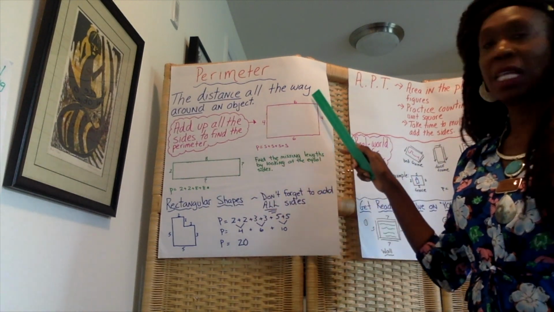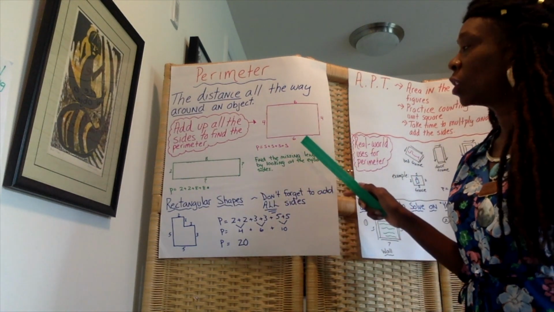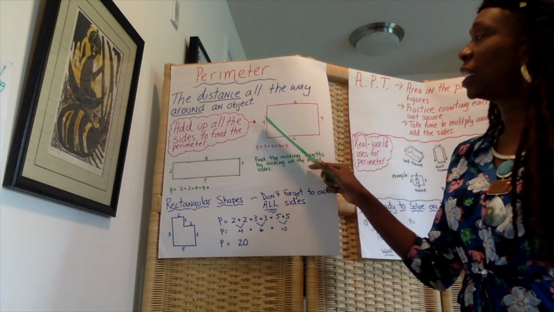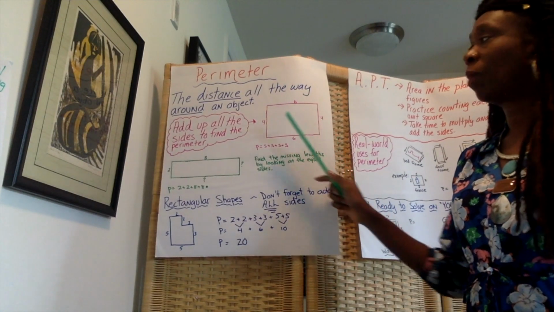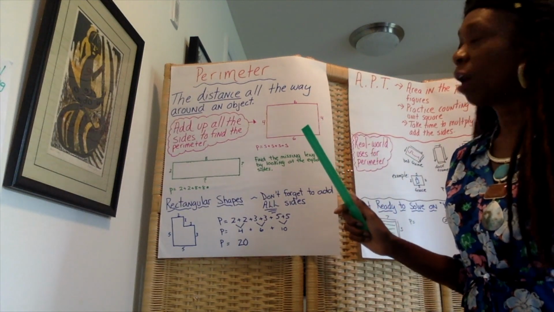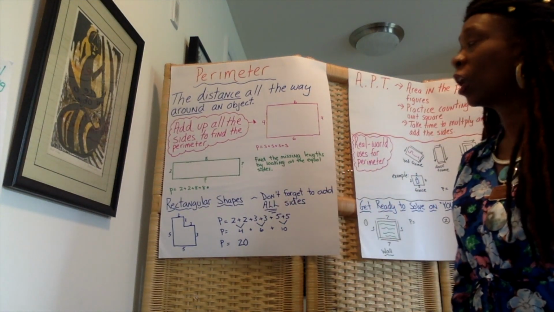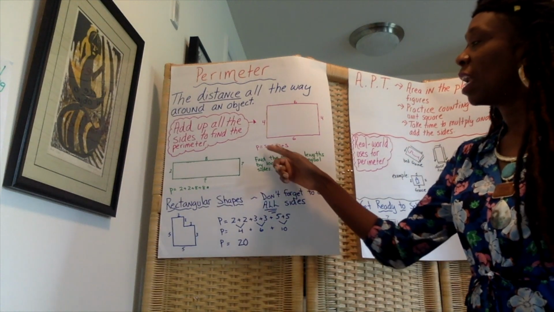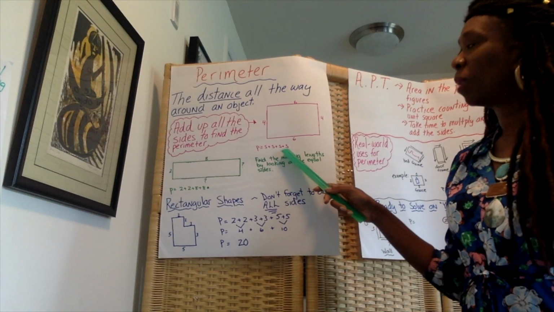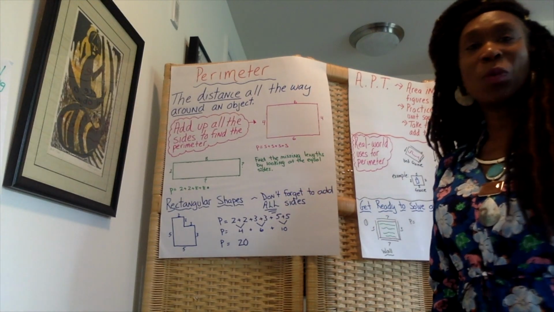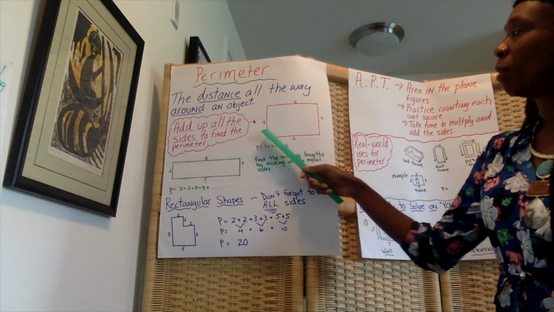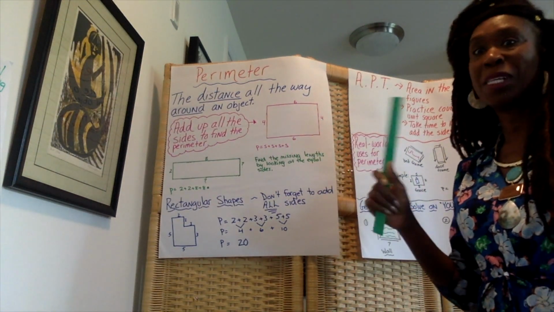So you have 6 up top, whatever you have up top, you also have at the bottom. So 6 and 6 is at top. On the side, we have 4 and 4. Whatever you have on one side, you have on this side, and vice versa. So our formula for perimeter would be P equals S plus S plus S plus S. And then that's how you would get your answer. So if I were to add 6 plus 6 plus 4 plus 4,